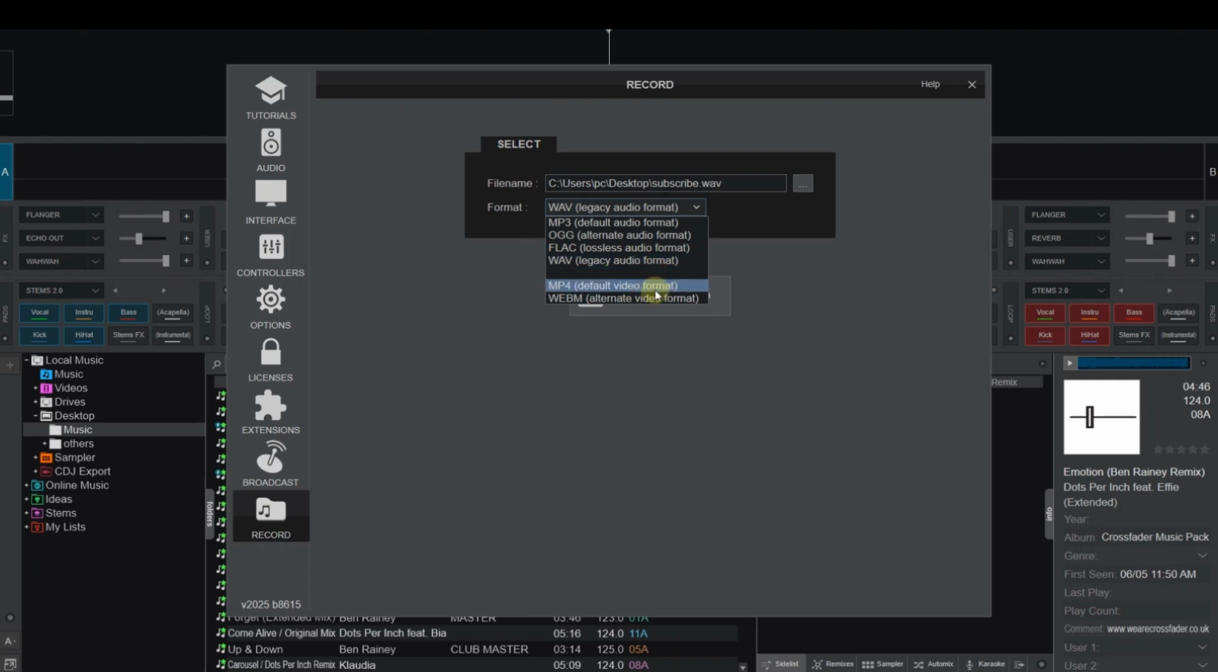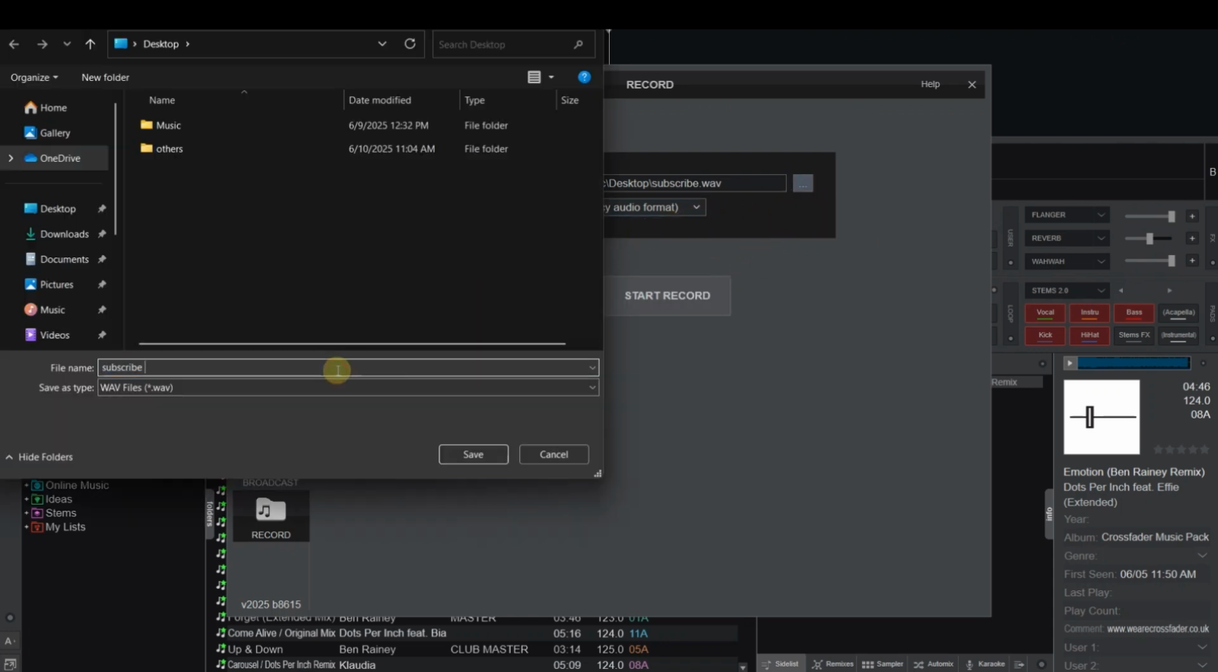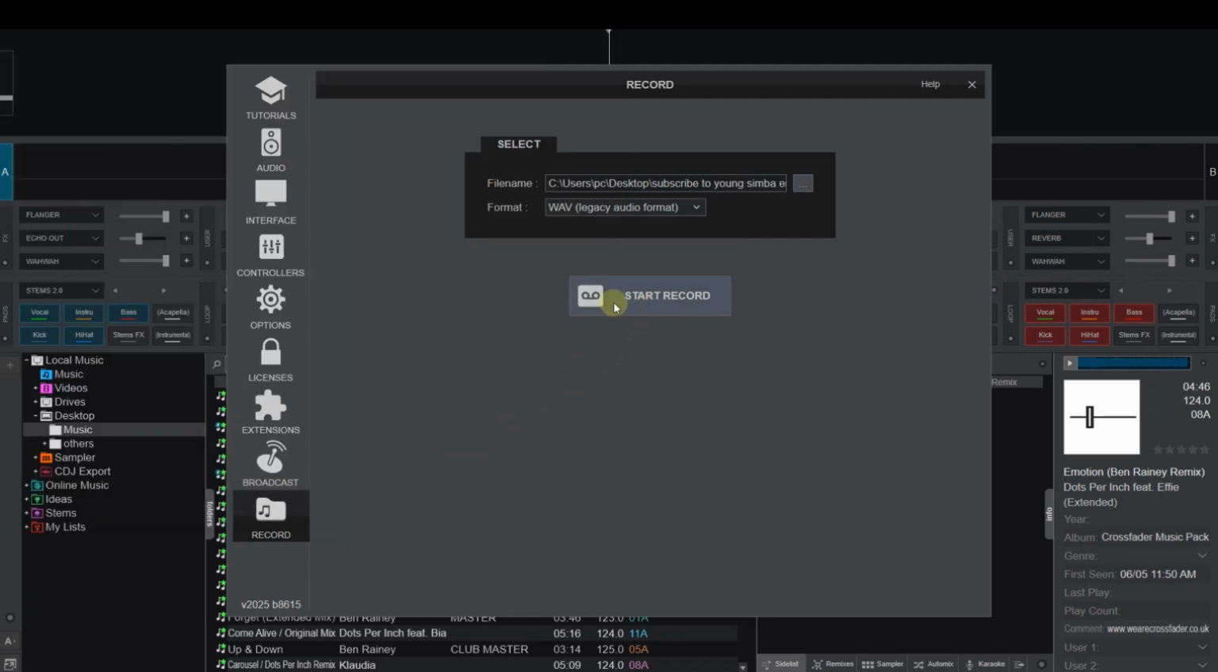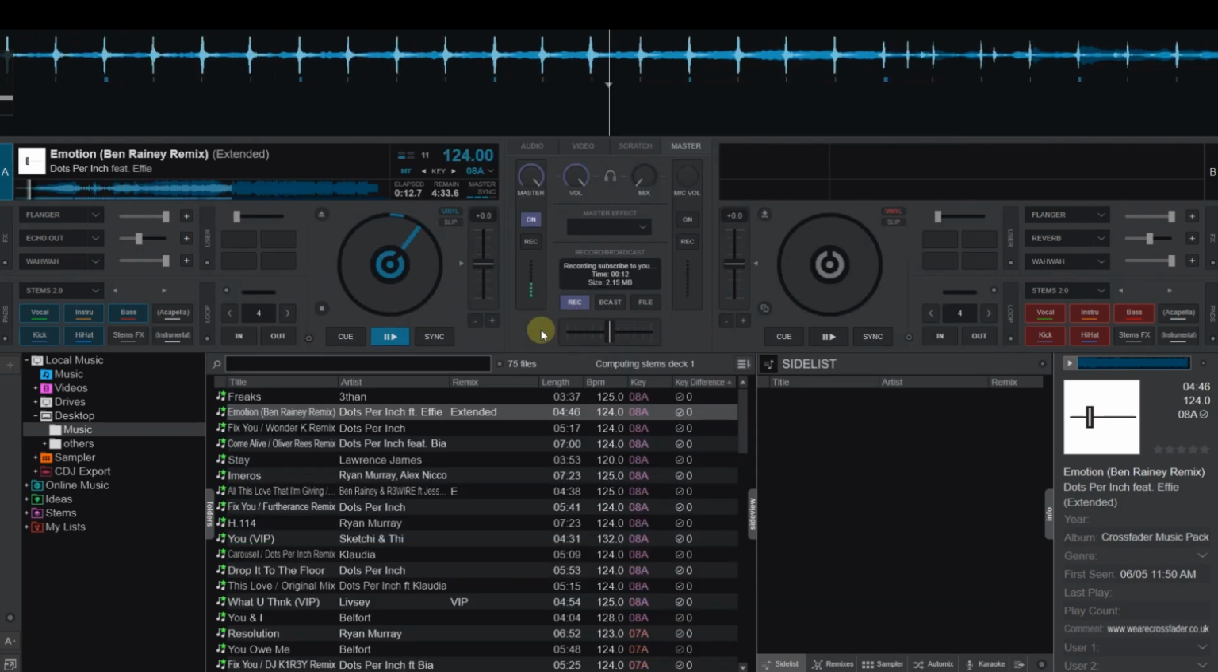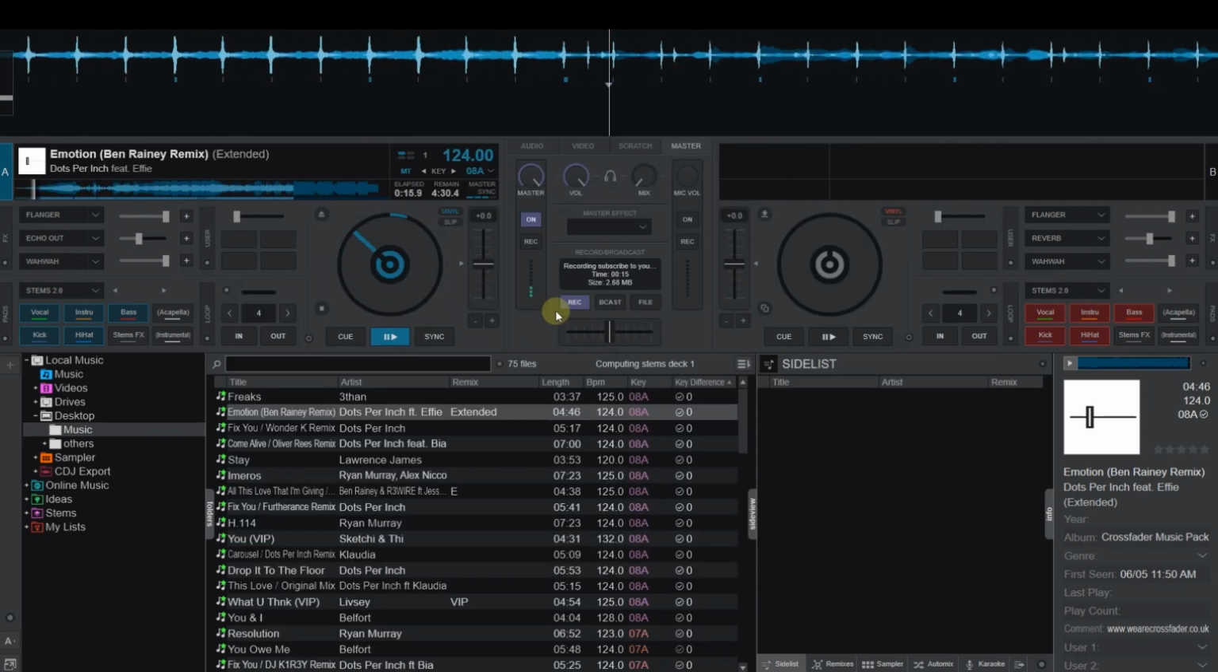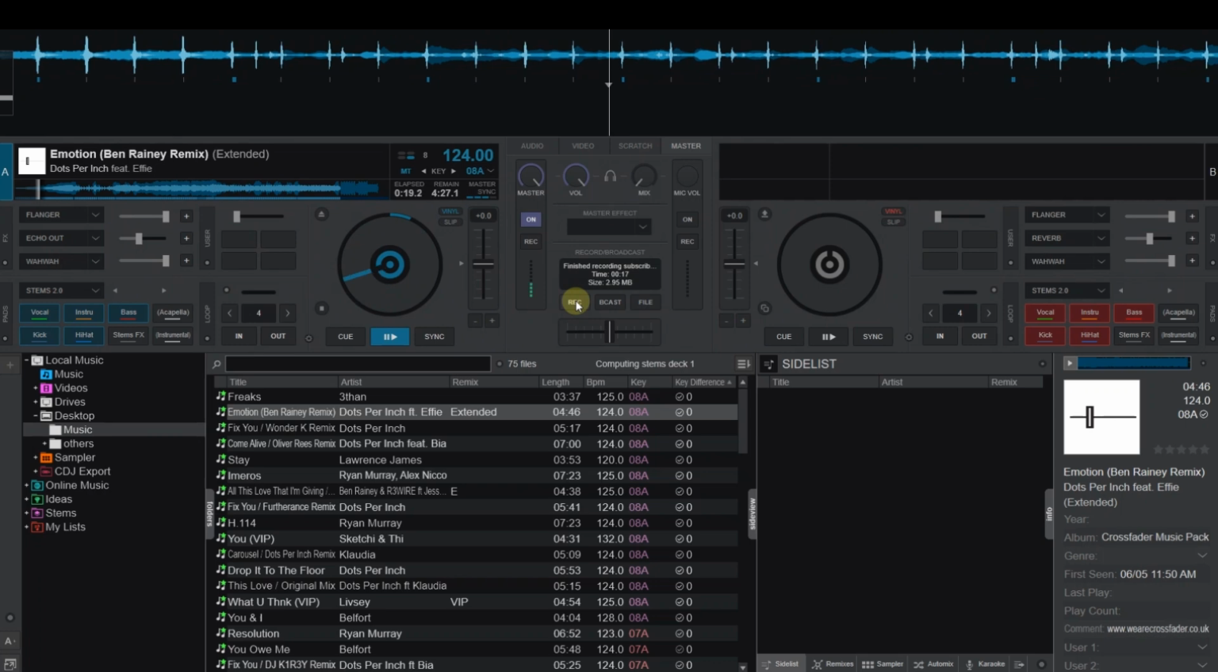If you're recording video mixes, pick MP4 or AVI. Click this folder icon to choose where your mixes save, along with a name for your recording. When that's set, hit the record button and it will start recording when you start playing. When your mix ends, click the record button again to stop recording and your file will be saved automatically to